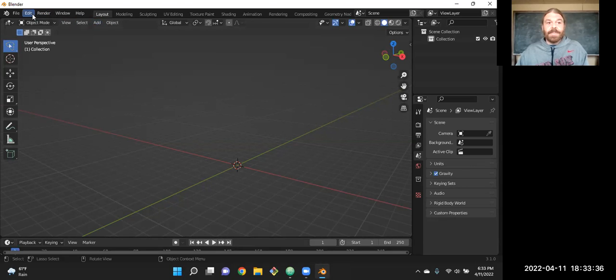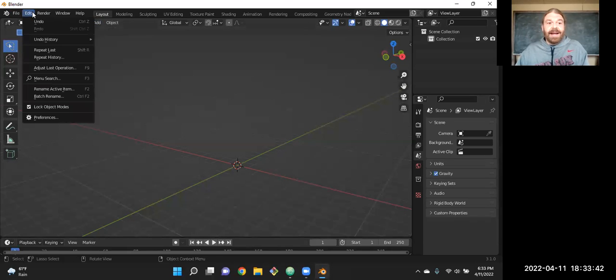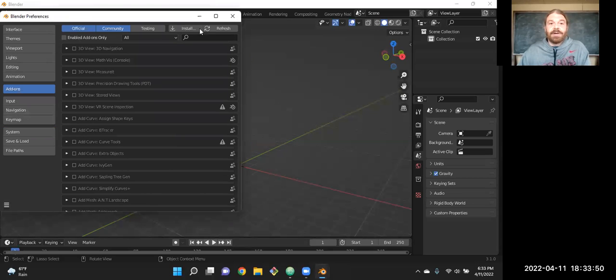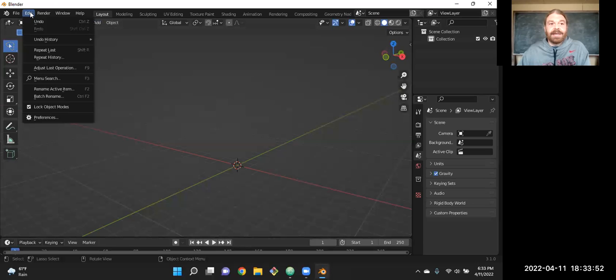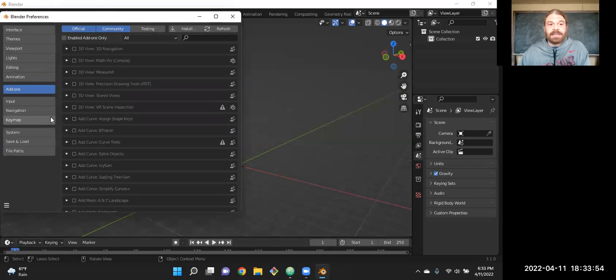And well, you've probably noticed on Blender, there's lots and lots of buttons. And there's even more in the default installation that aren't turned on. So I'm gonna come over to Edit and Preferences.